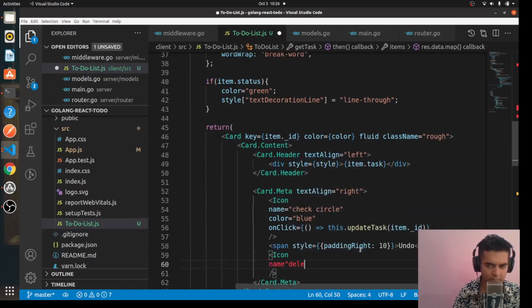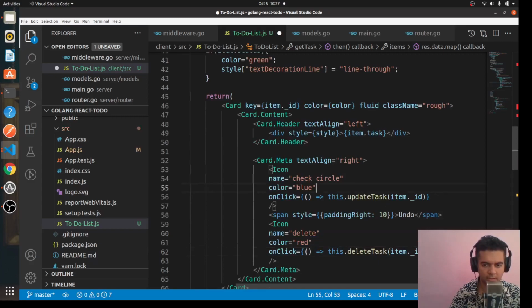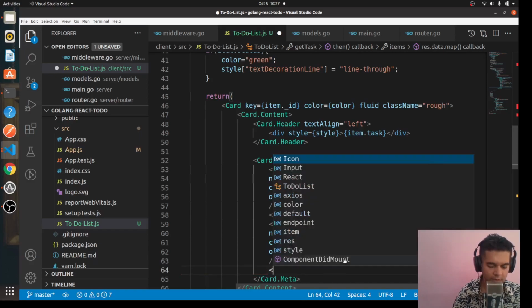And here we'll have an icon, they'll have a name, delete, color will be red to delete the task. And if you click on this, you want the item to be deleted, so you'll call the delete task function with the item ID, the ID of the item, so that it can call the relevant function in the backend. So that's your icon, and then you'll have a delete